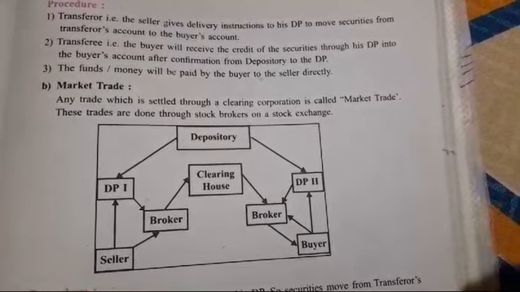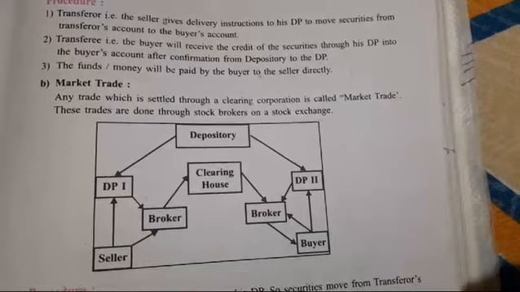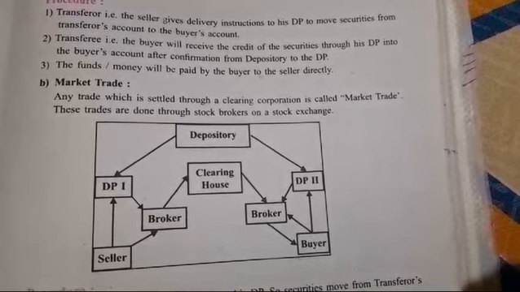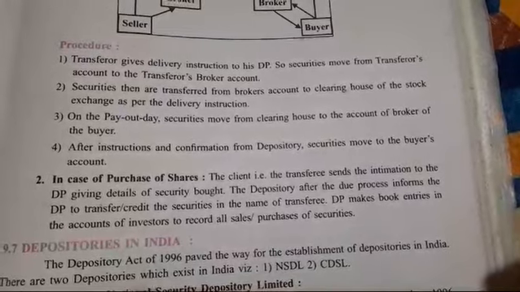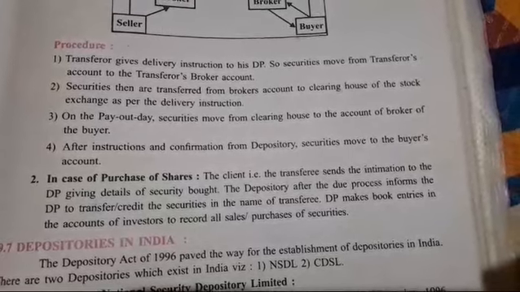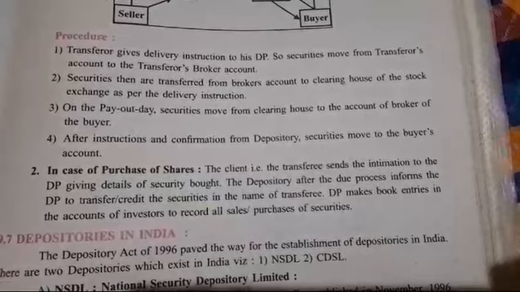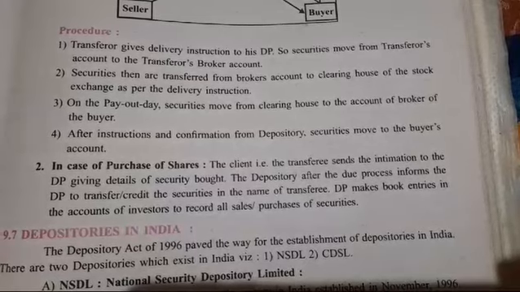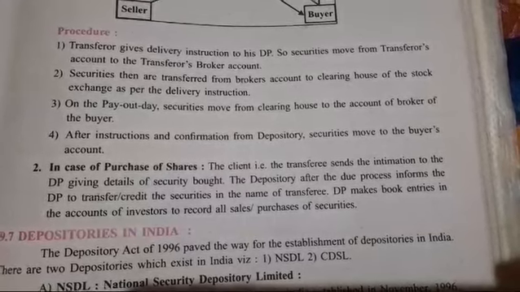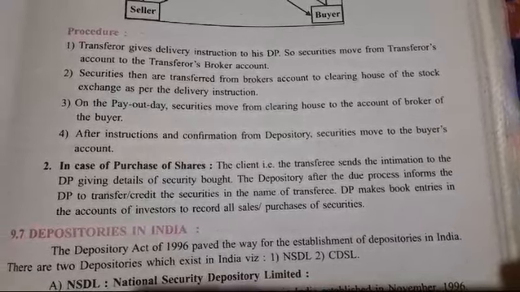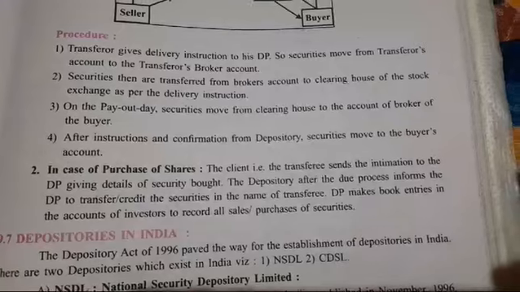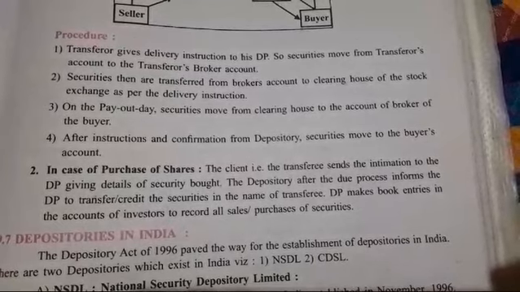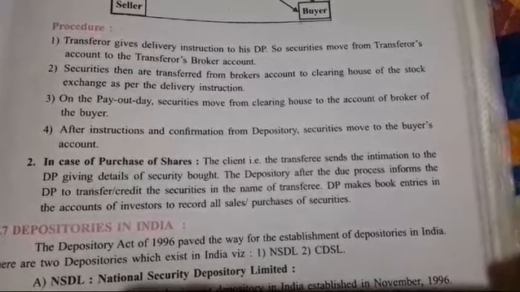B. Market trade. Any trade which is settled through a clearing corporation is called a market trade. These trades are done through stock brokers on a stock exchange. Procedure. First, the transferor gives delivery instruction to his DP. So securities move from the transferor's account to the transferor's broker account. Second, securities are then transferred from the broker's account to the clearing house of the stock exchange as per the delivery instruction. Third, on the payout day, securities move from the clearing house to the account of the broker of the buyer. Fourth, after instructions and confirmation from the depository, securities move to the buyer's